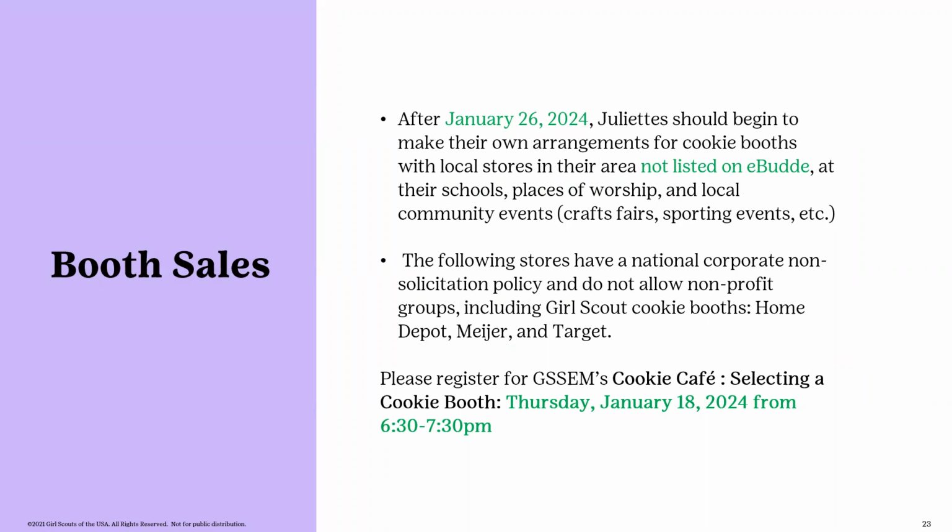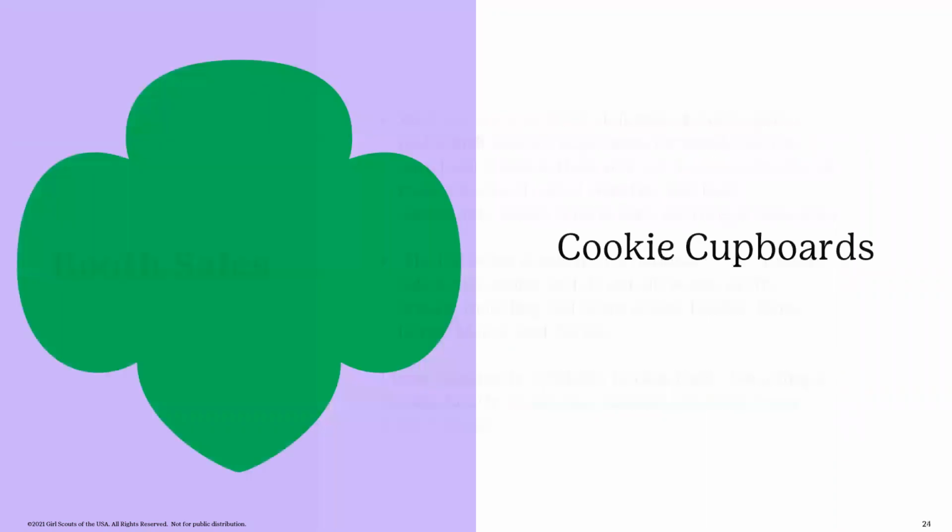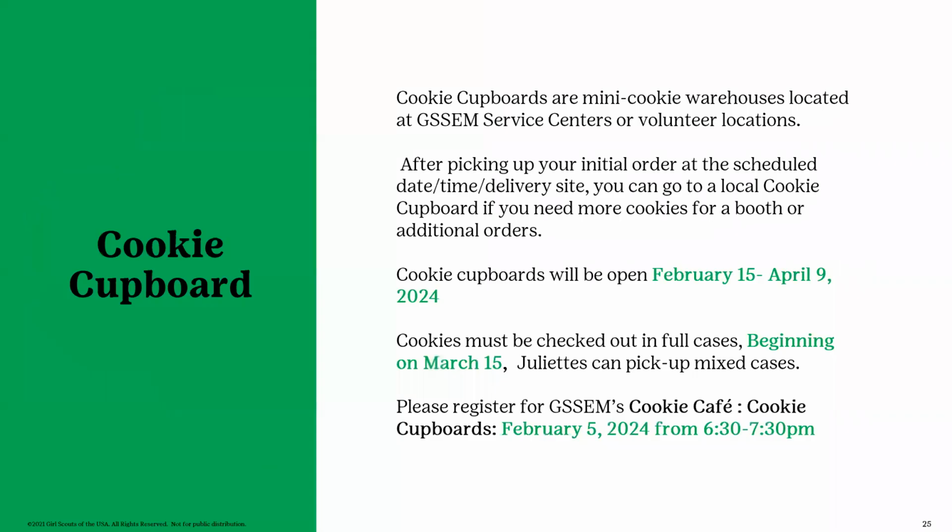For more information on selecting a cookie booth, you can RSVP to our Cookie Cafe on Thursday, January 18th from 6:30 to 7:30 p.m. Moving on to cookie cupboards. So cookie cupboards are mini cookie warehouses located at our GSSEM Service Center or volunteer locations. So once you've picked up that initial order scheduled at whatever GSSEM Service Center on that February 14th date, you can then go to